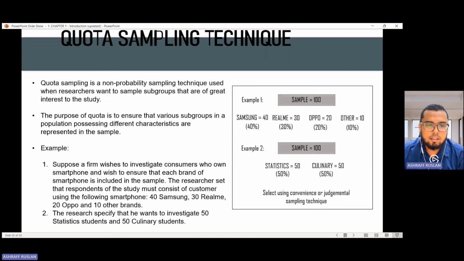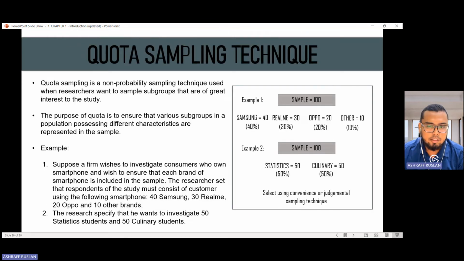And then the last one adalah quota sampling teknik. Quota sampling ni sekadar contoh kita setkan quota lah. Okay. Suppose a firm wishes to investigate customer who own smartphone and wish to ensure that each brand of smartphone is included in the sample.